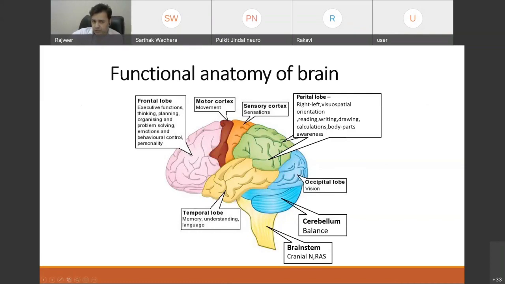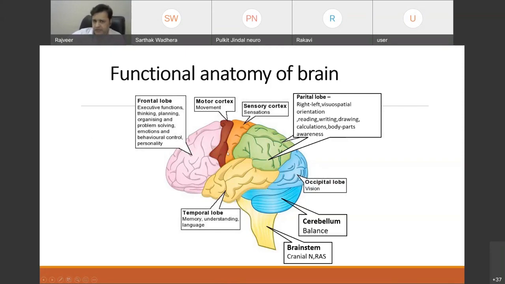And so any patient coming with a stroke in the frontal lobe may sometimes look like a psychiatric patient. He may be disinhibited, with irrelevant talk, and sometimes we may label these kinds of patients as having a conversion disorder also. And the second part is the posterior part of the frontal lobe, which is the motor cortex. This is the motor area. And if there is a stroke in this area, the patient will present with weakness.